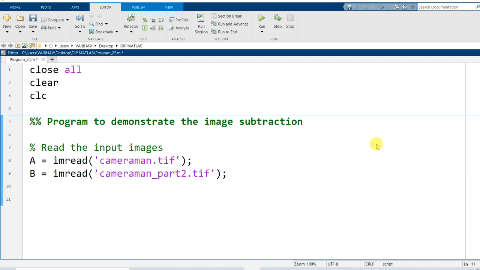After successfully reading the two images, let us move on to the main module, which is to perform image subtraction.